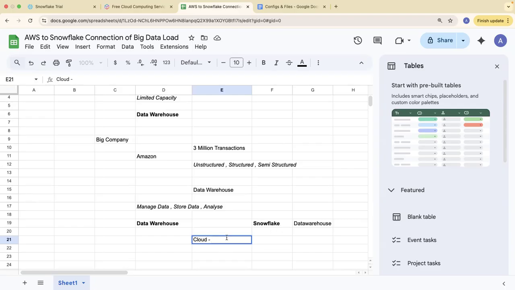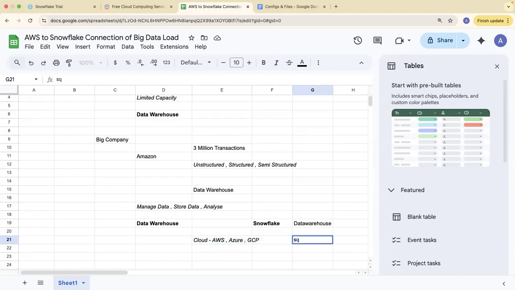Now, to work with this Snowflake, you need to have any of these three clouds, either AWS or Azure or GCP. So once you create an account, it will ask you which of the clouds you want to use. So you can select any of these three. Now your Snowflake service will be built on top of this, and these will be your storages. And now from these storages, you will create your tables, and on those tables, you can work with the help of SQL.